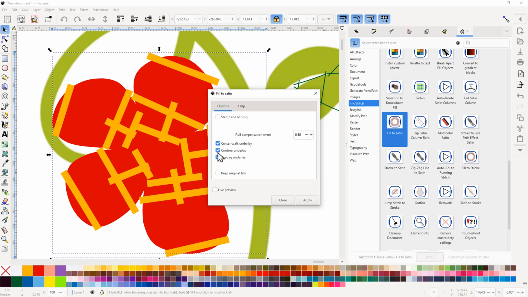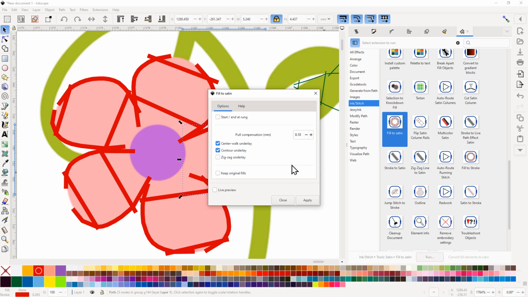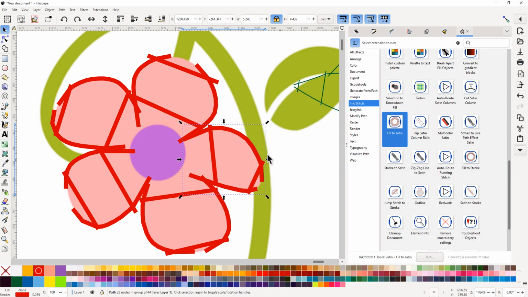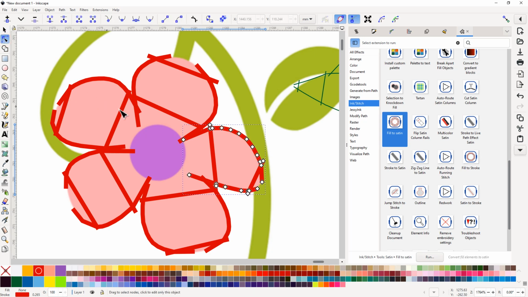And here I think I only want a contour and the center, and then we hit apply, and then we close, and there you can see we can quite easily manipulate a few of the nodes, and as you can see we are pretty well covering over top of the circle, but we can just do that and extend